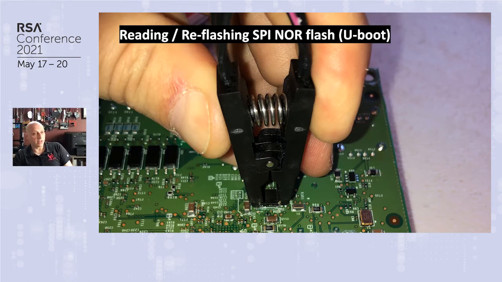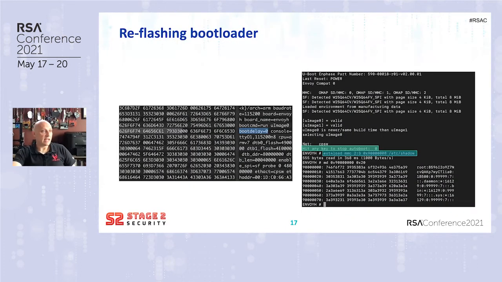You can also alter them, but flash doesn't let you change one byte at a time. To change a flash, you have to erase the page and then rewrite that page. So there's a little bit of risk there of corrupting something, but it's a lot less risk than actually trying to reflash the chip. So I did that, and on the left side here, you can see the environment variables for the U-boot in that dump from that chip.